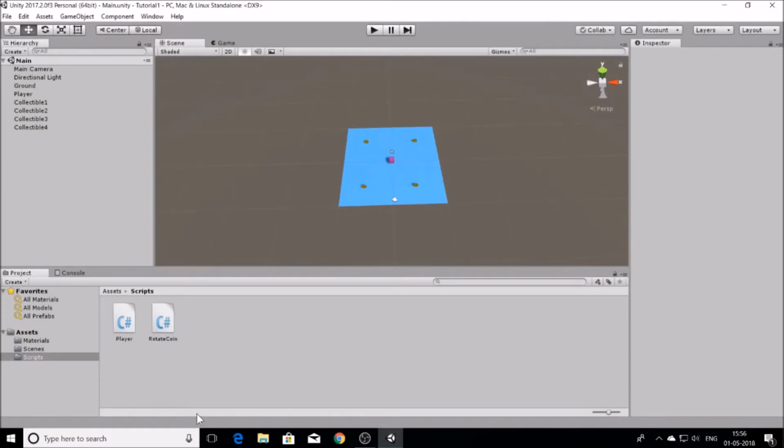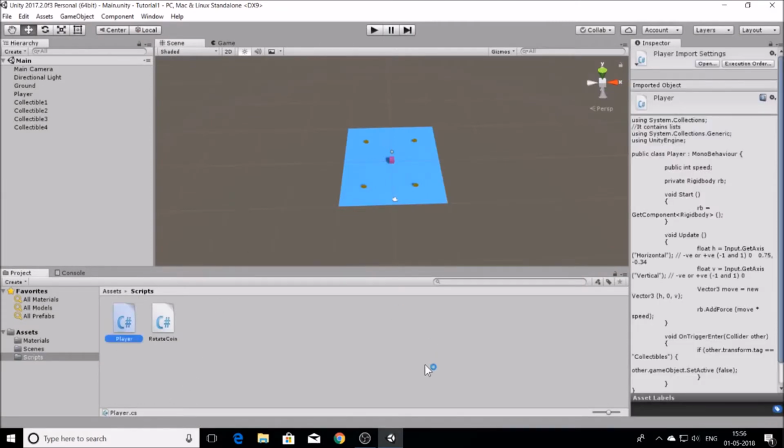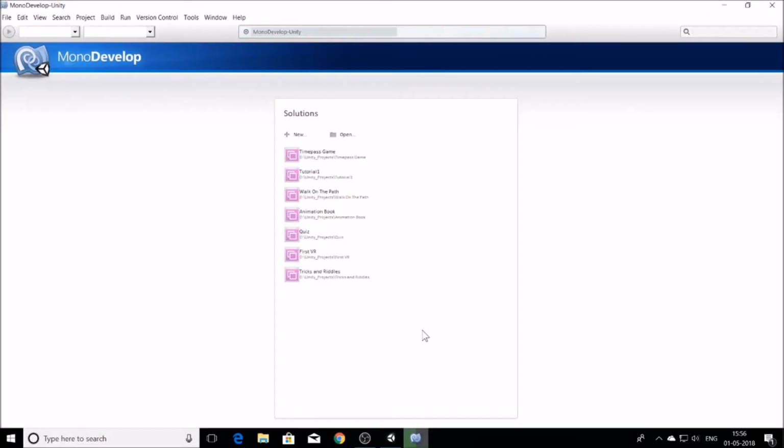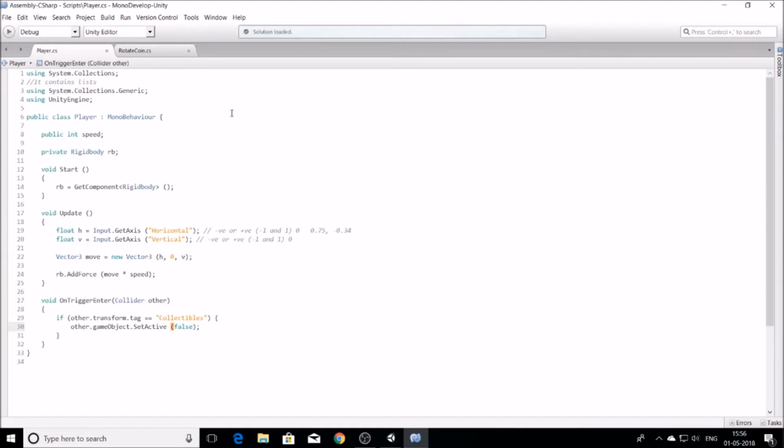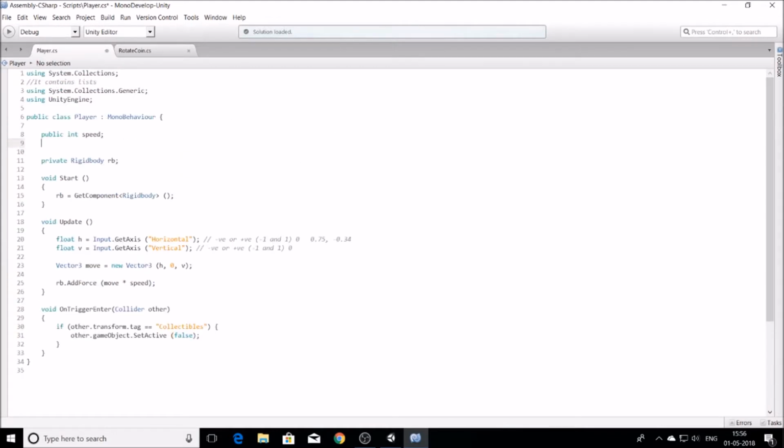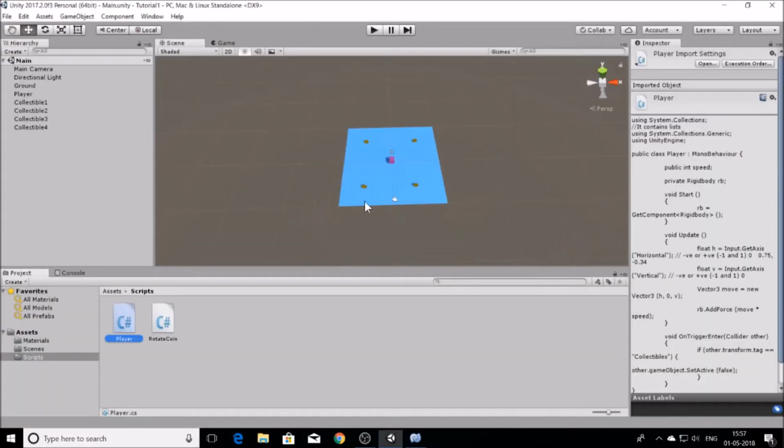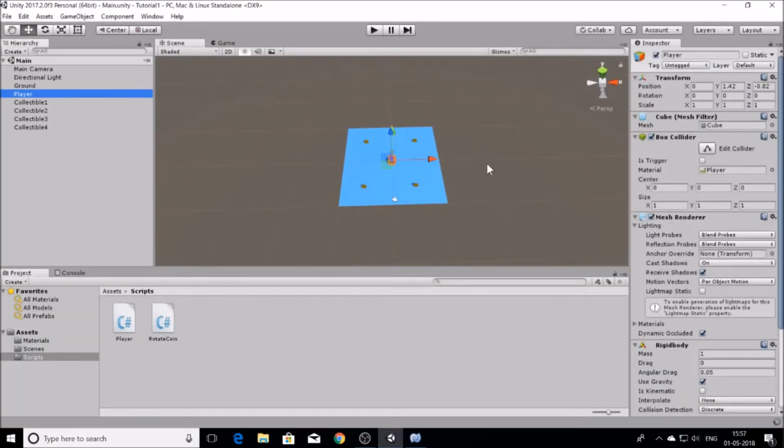So first off, what we'll do is we will open our player script, and in this script, we will just write a simple line. First of all, we'll write public Vector3 origPos, meaning original position. So let's just save it, and the original position would be the starting position of the player. So let me just put it at 0. Yeah, so it would be in the center,